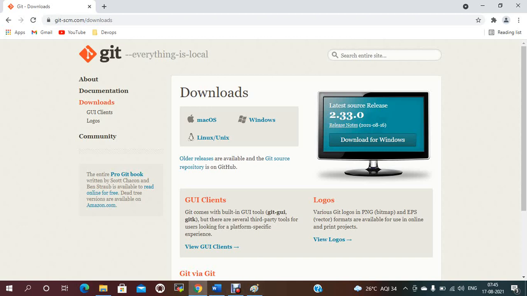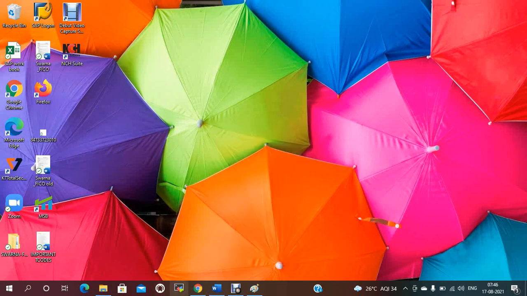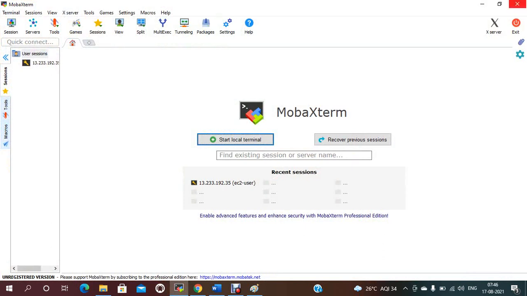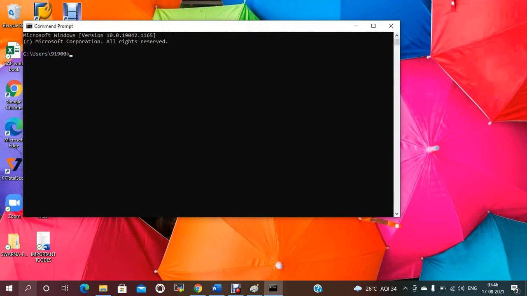Now once you have installed Git, you need to verify if Git is installed or not. For that, just go to the command prompt, or anywhere, so cmd. If you type git --version, so Git is installed on my machine. This is the version. Like this you can verify on your Windows machine. Even on a Linux machine you can identify Git is installed on the same machine.